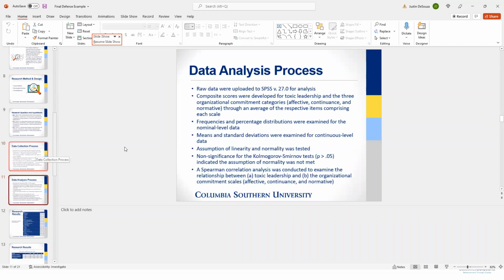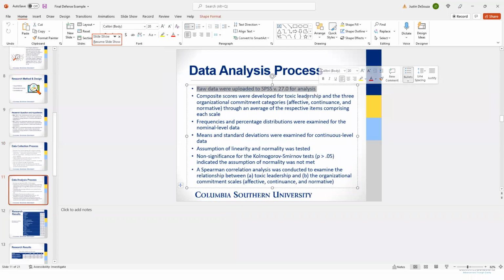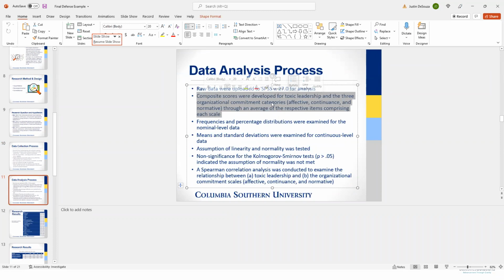And then we go into the data analyses. We talk about the software that is going to be used, developing composite scores from the Likert scale surveys, looking at frequencies and percentages for demographics, means and standard deviations for numeric variables, checking the assumptions of normality and linearity.